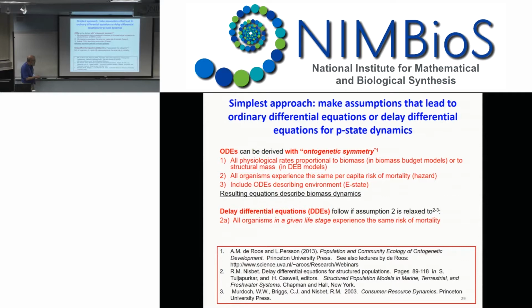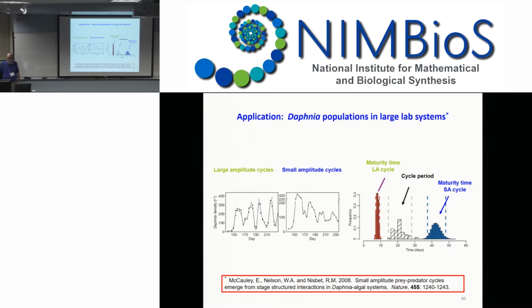Again, this is talked about quite a lot in the De Roos Persson book. I actually have a book chapter which I'm happy to post that specifically talks about some of this. And there's a book by Bill Murdoch, Sherry Briggs, and myself that deals with applications of some of these approaches. So there's background involving delay differential equations, and there's a corresponding huge background in which there are people, I'm looking at the back here, with more expertise than me that can be drawn on. I just want to show one example where the dynamically varying time delay is